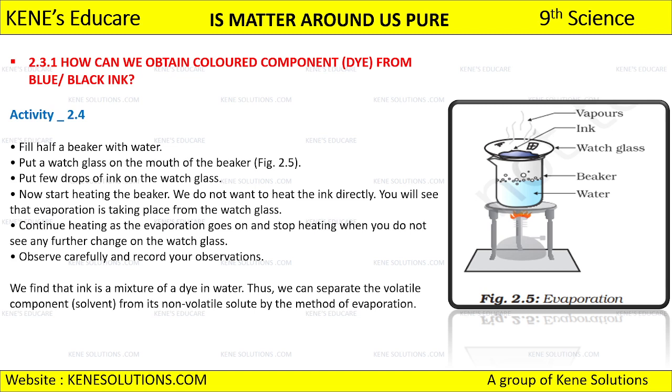We can do that using the process called evaporation, where we take a beaker full of water and place a china dish on it, like a watch glass, and pour ink on that. Then through evaporation you will see that the water in the beaker will get reduced or it can even become empty, and that is how you can separate the colored component from blue or black ink. Okay,